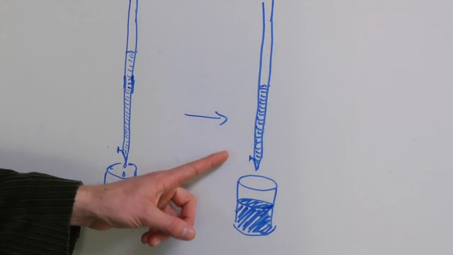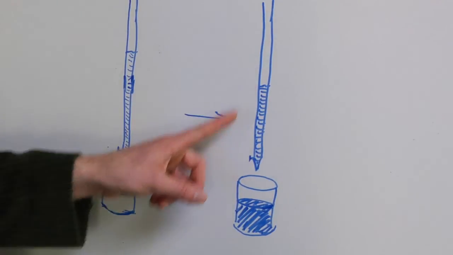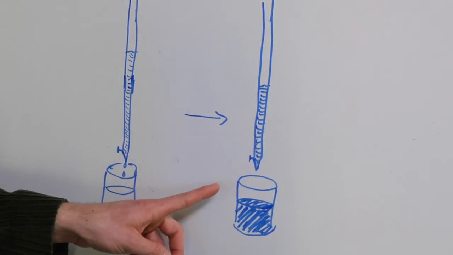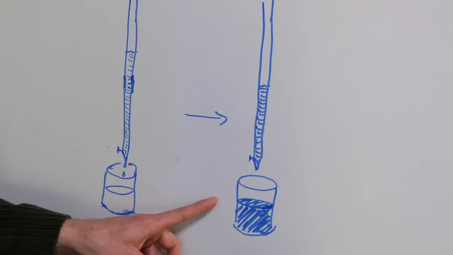The end result is you've lost some volume in your burette, and based on that change in volume you can figure out the concentration that you had. You go through a couple of calculations. It's a pretty